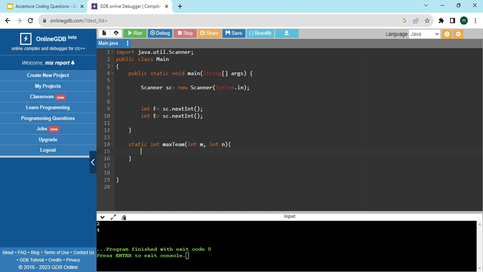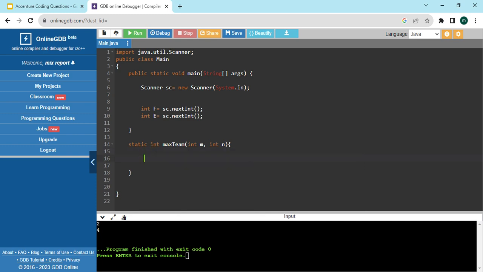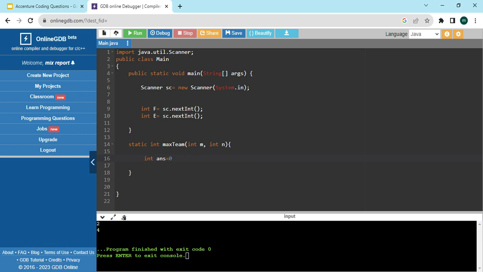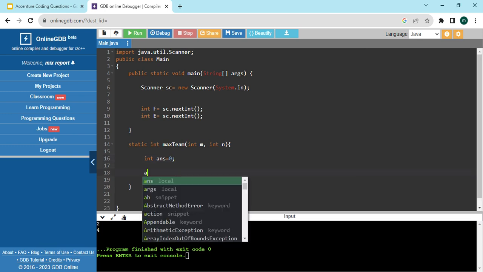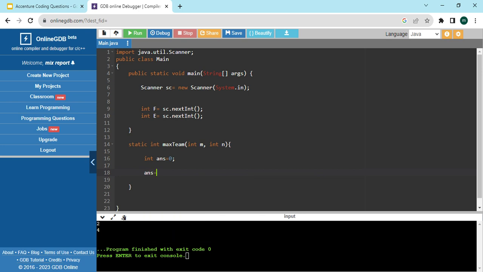So for this method, we are just passing two arguments. Now, let's say int answer is equal to 0. We have created one variable, answer, and we are just putting 0 in it. And another thing, we have already cleared that if you want to know how many teams are possible,